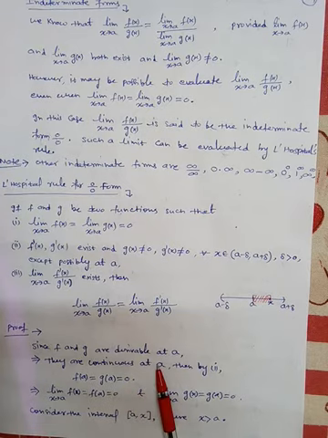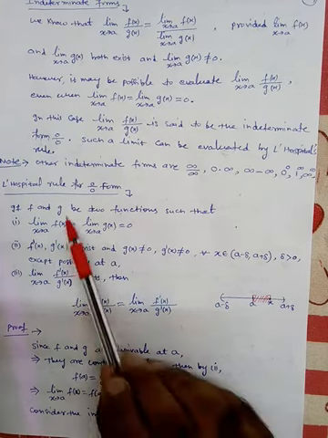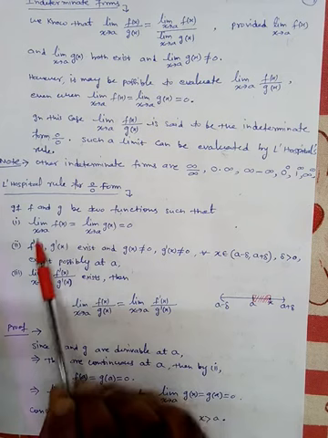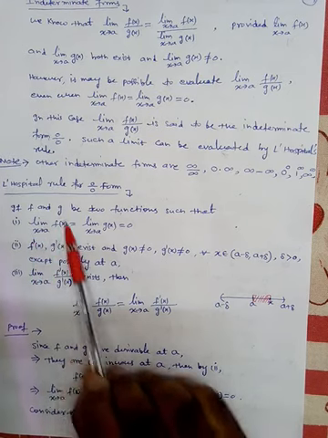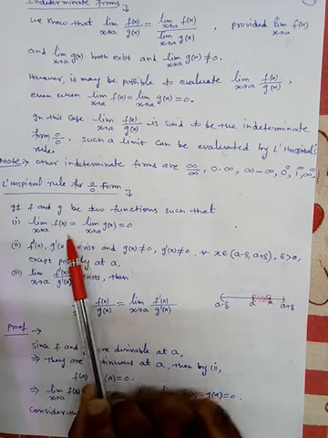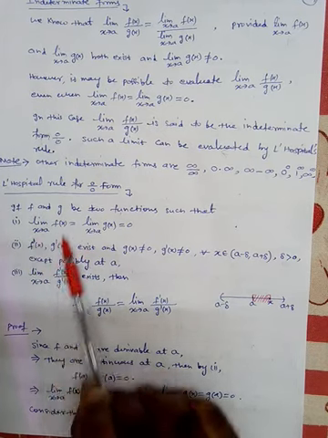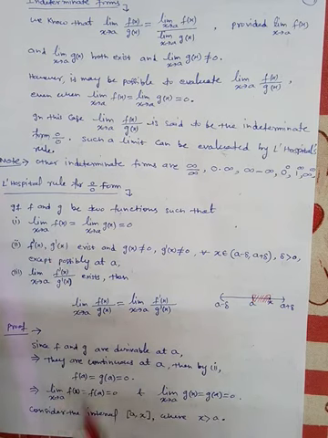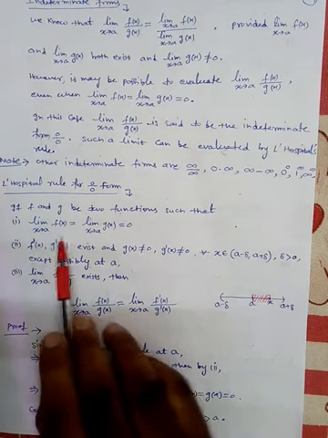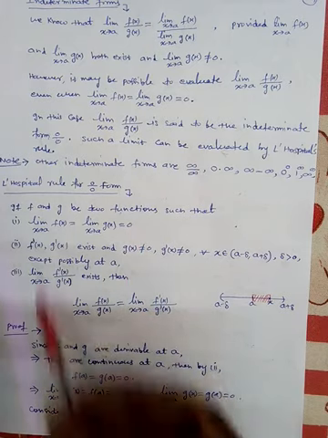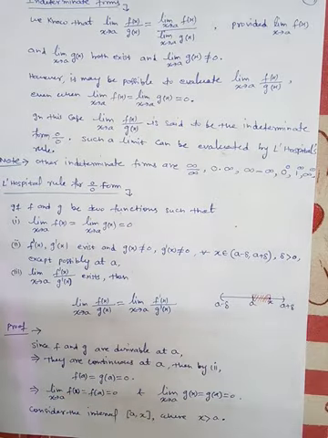Since they are derivable at A, they should be continuous at A. Then by utilizing condition number 1, which says that the limit as x extends to A of f of x should be equal to f of A. For continuity, this limit should be the same as the value of the function at point A. Since the limit of this function is 0, we can say that f of A should be 0, so that continuity will be maintained.